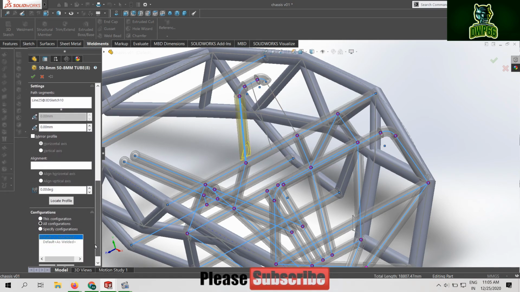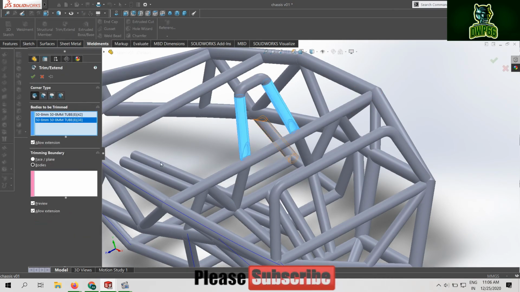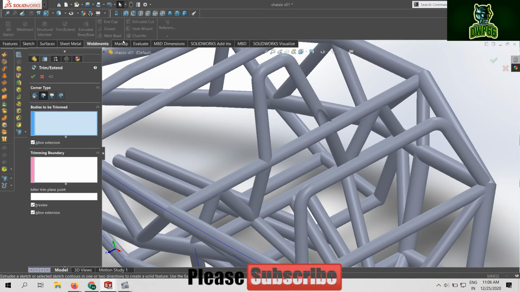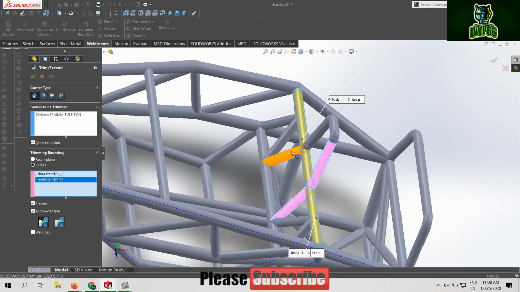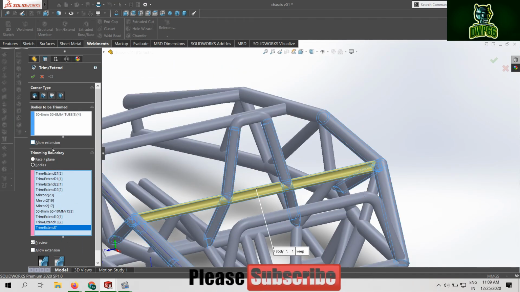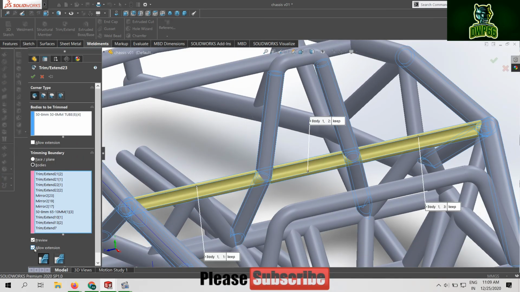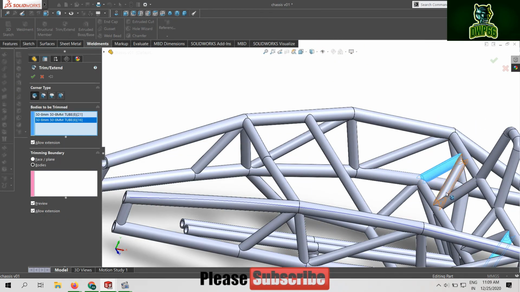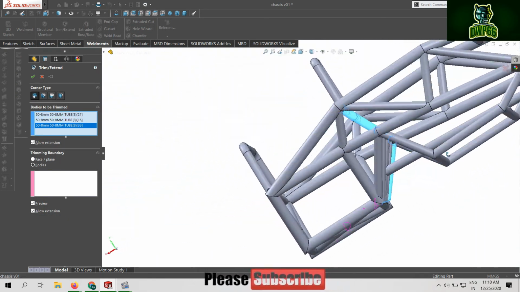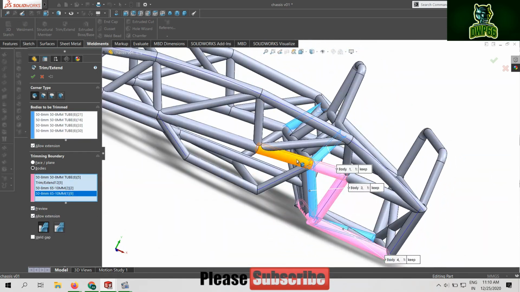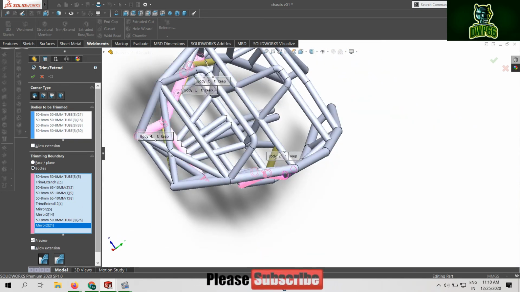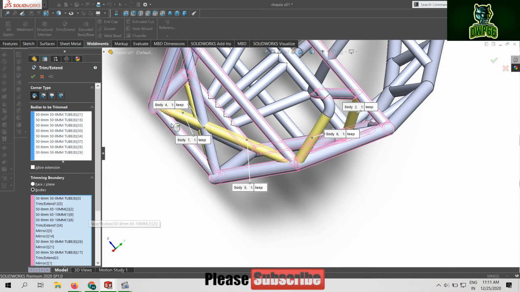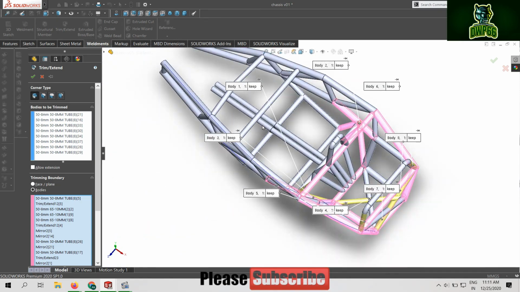After this, the next step will be creating the body panels of the car. And after this video, you will have to wait for some time because I will be busy preparing for my exams. So part 3 will be coming after some time. That's why I have completed the frame over here, and designing the body will start from part 3. That is the most interesting part in this entire series. Trust me. Then we will be designing the steering system. After steering, we will be designing the suspension system.